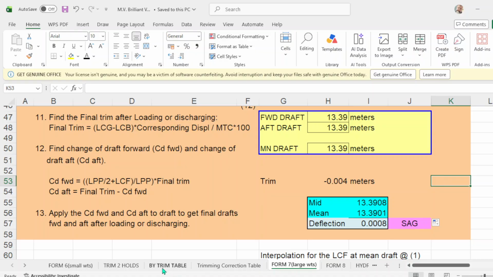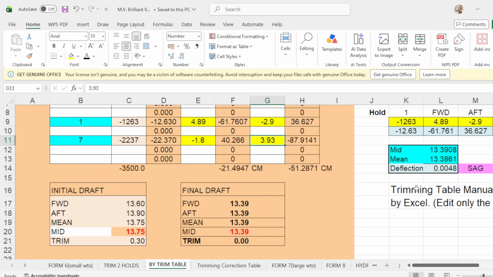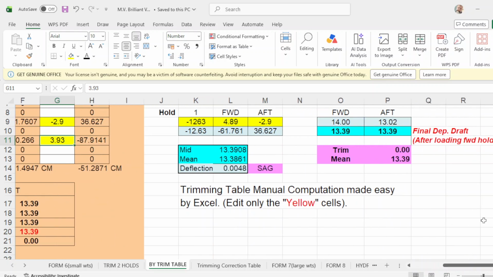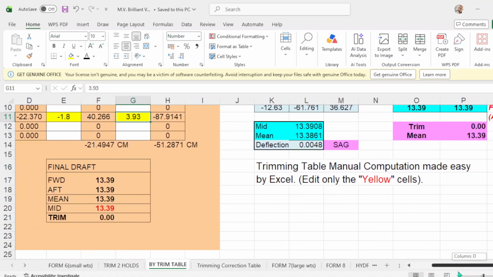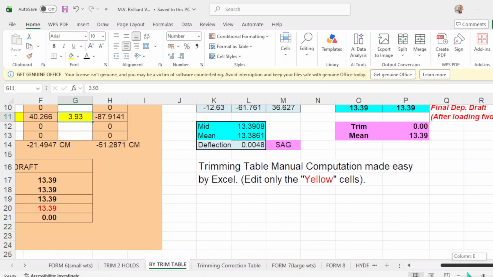For number 7, frame table, you have zero deflection here. And you should have a deflection here, okay?